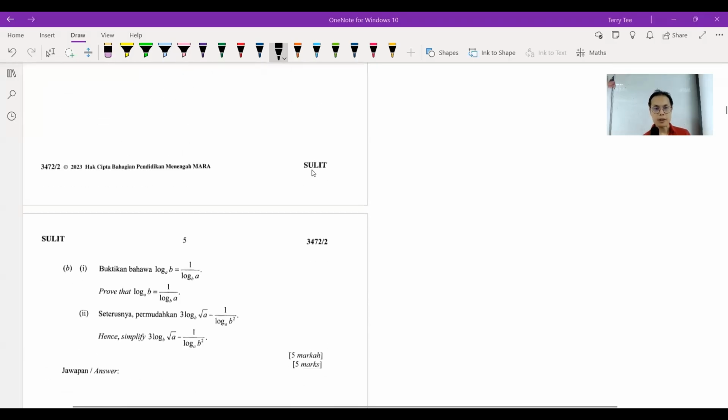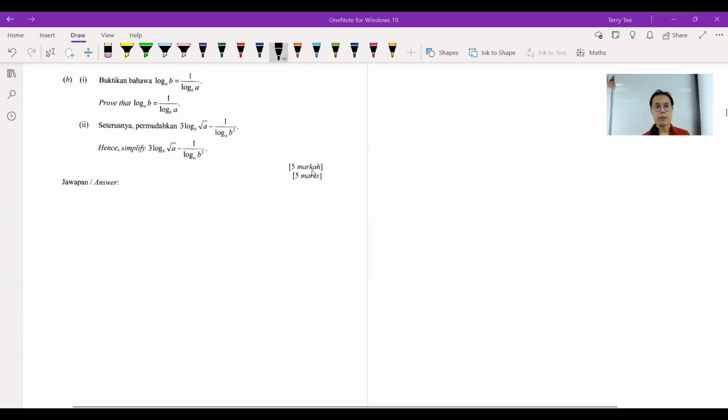Okay, moving on to part B. This is still the same question, part A. Part B, you're supposed to prove logarithm. Buktikan bahawa log base AB equals 1 over log base BA. The bases are different. So to prove this, we can use,